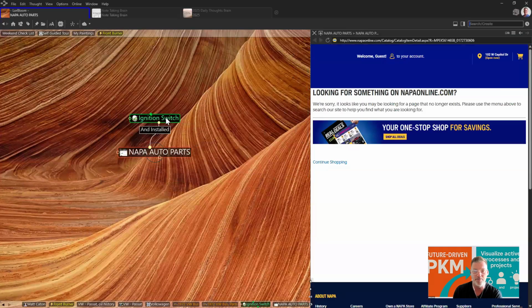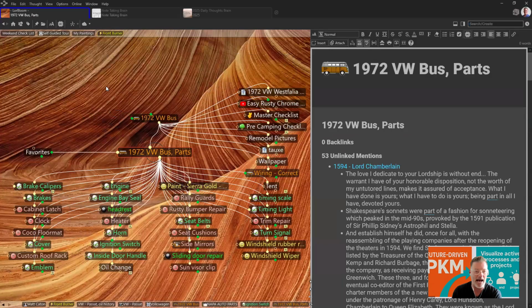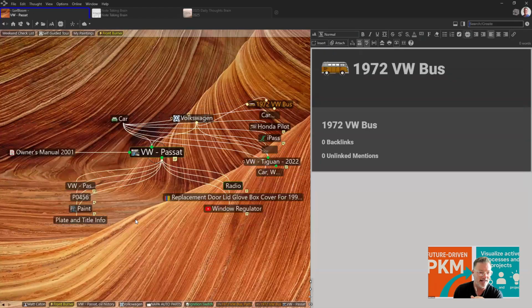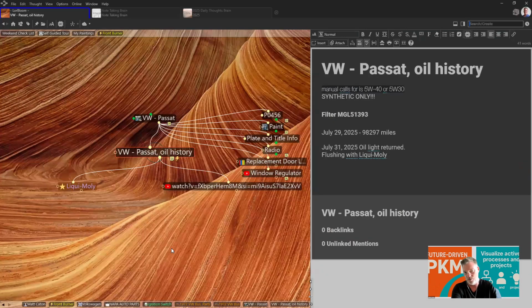But all of these components for this particular bus, I can refer back to at a later date. All right, but let's get to my current project. What I want to share with you right now is that we're working on fixing an oil light. Seems like, okay, add a bit more oil and you're good to go.